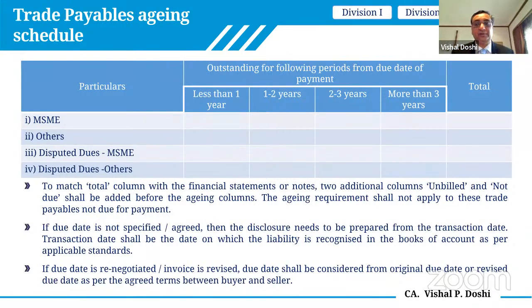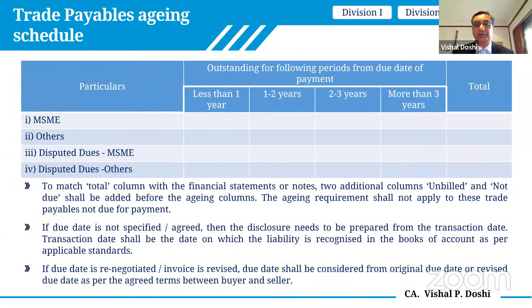So friends, I would also request that you should advise your client that whatever the numbers जो plot हो रहे हैं, उनको एक बार properly, thoroughly check करें, because let us say there would be times when under the MSME you will find an amount, let us say 5 lakhs. It might be MSME or others, 2 to 3 years, and it is undisputed, right? So then as an auditor, it becomes your responsibility to question that for 2 to 3 years, an amount is